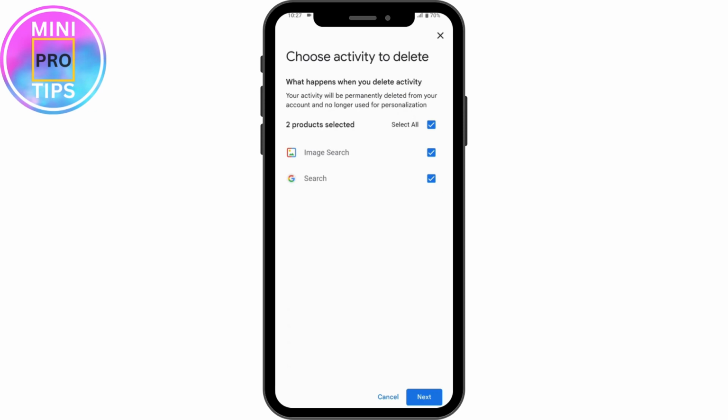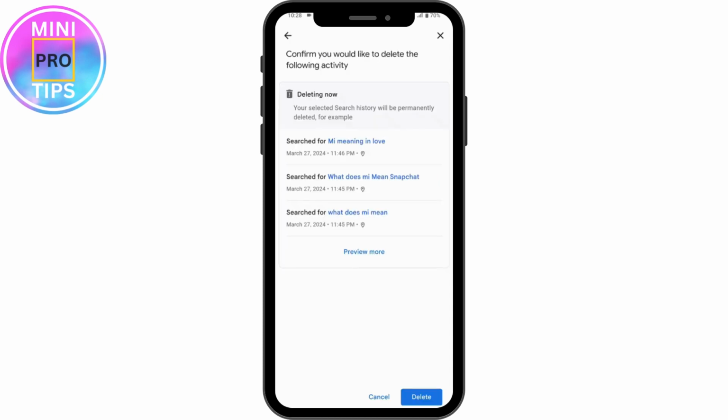And if you don't want to delete it, then simply untap the image search, or you can also tap on that and then tap on select all, because it won't affect your downloads or anything. It will only delete your history. So you can simply select all of that and then tap on next, which is on the bottom right, and you can tap on delete again,